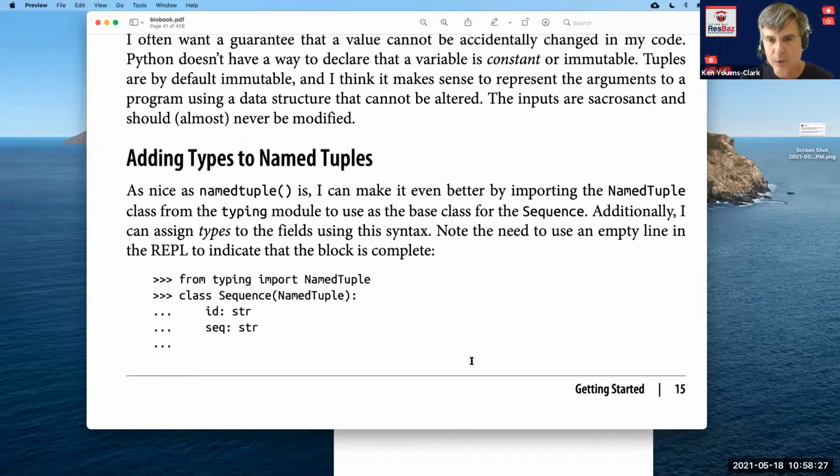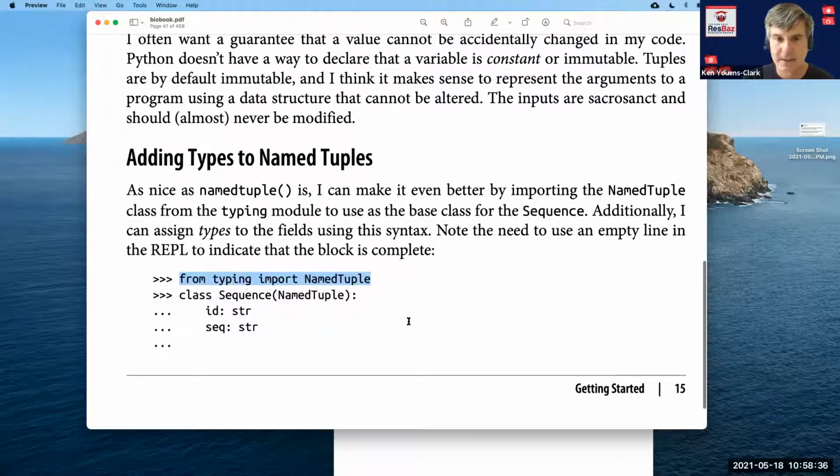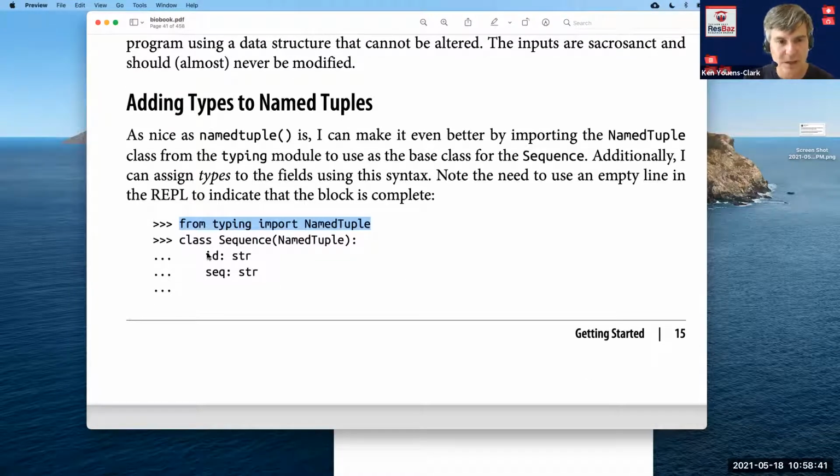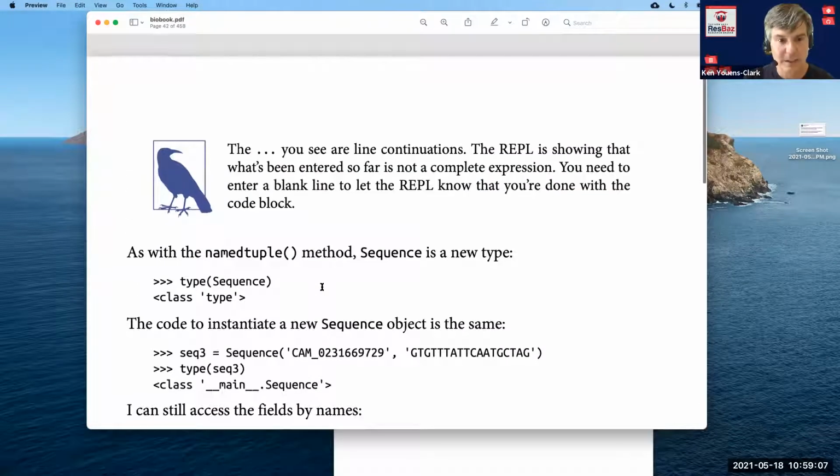But I can go a little bit further by using this module called typing, and in it has something called NamedTuple. I can create that same structure, but I can describe it now using types. So I can say that there's an ID that has type string, and what I was showing you from earlier, the way to create the type annotation is to put a colon and then the type from Python. And this type can be types that you create too, which makes it really, really powerful. So I'm saying that there's going to be this structure called a Sequence that has these two fields of these two types.